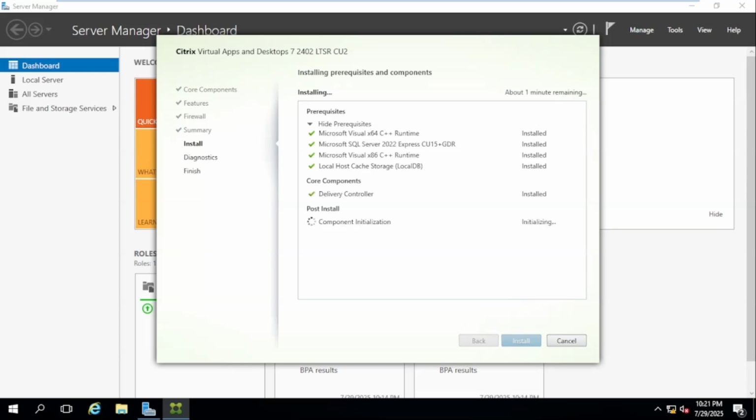Hello, welcome back. Delivery controller installation is completed. The last initialization is going on, and after that it will complete the installation. In the next video, we will configure the delivery controller while creating a site. For now we are just doing the installation, and in the next video, I will install Studio